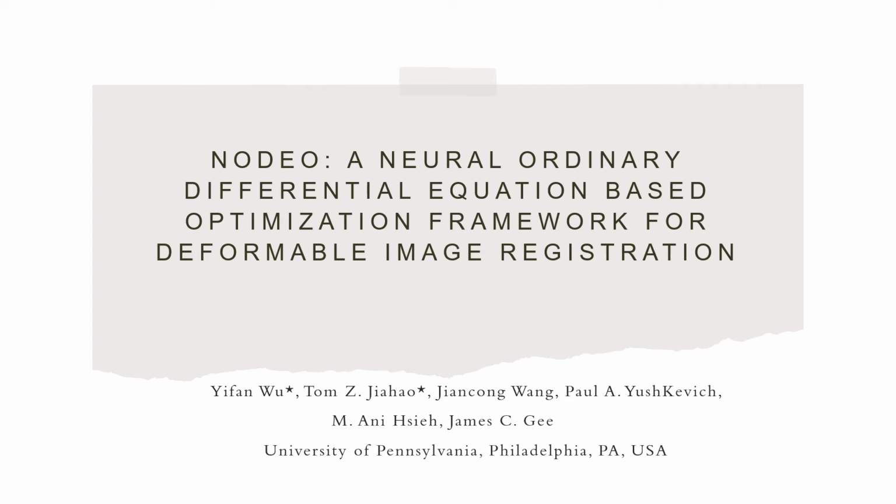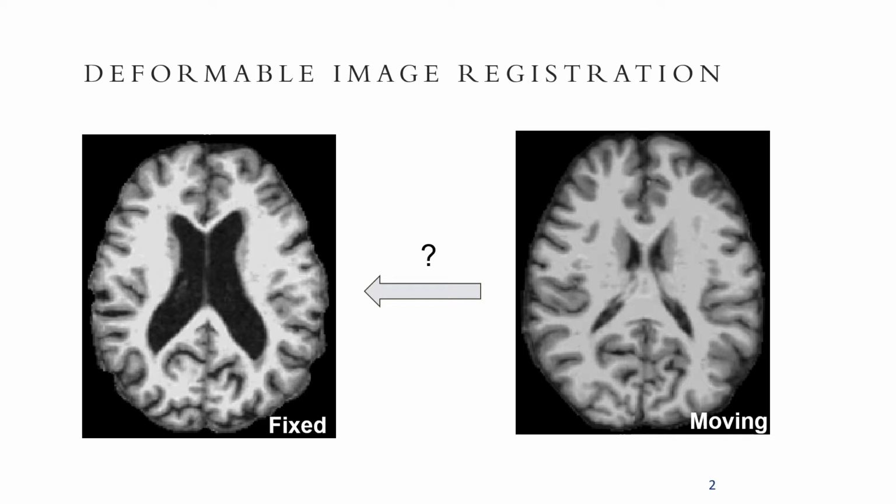We present our work named NODEO, a neural ordinary differential equation-based optimization framework for deformable image registration. Deformable image registration, aiming to find spatial correspondence between images, is one of the most critical problems in the domain